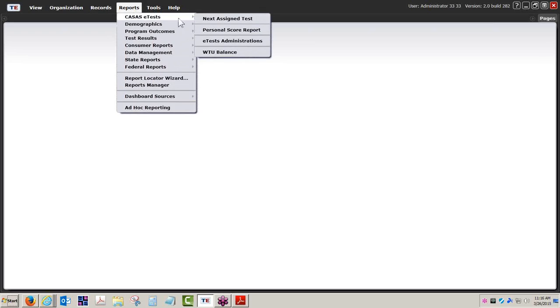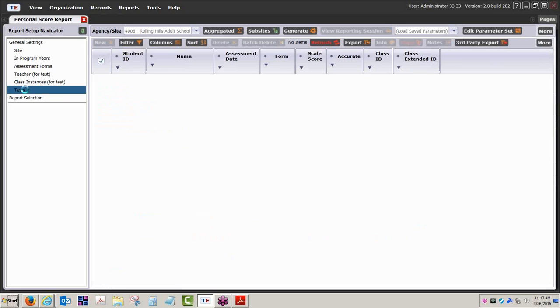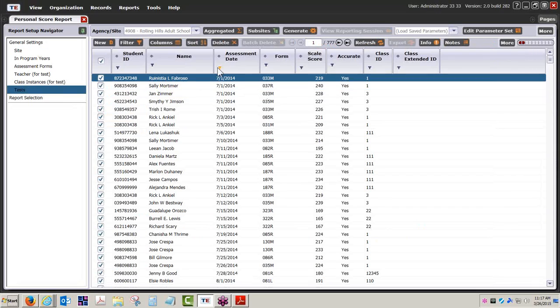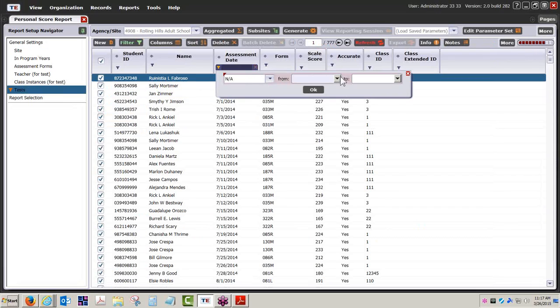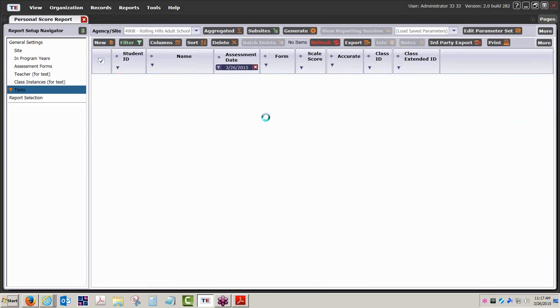I'm going to now go into the personal score report to give an example that the end test report that displays at the end of test administration is retrievable. A copy of that is retrievable through the TOPS Pro Enterprise database. So let's say I have a student, I have active testing going on for the current day. You can bring this up to, say, the current day, and let's just take our chances here with this fictional database and see what kind of, I can open the date parameters or contain the date parameters to the current date,